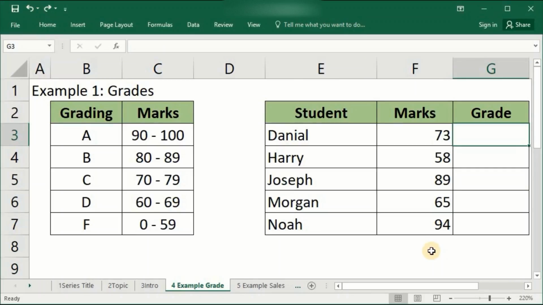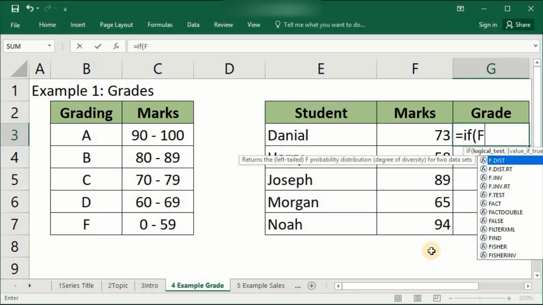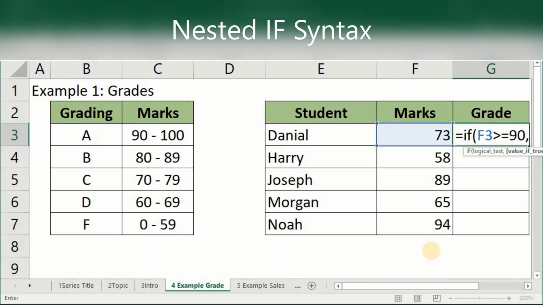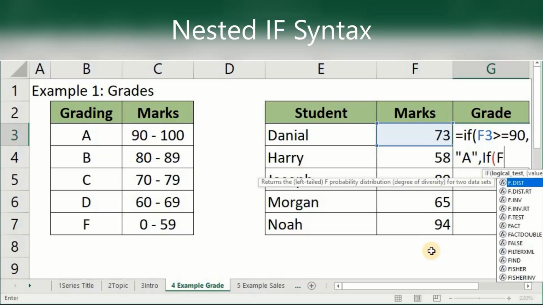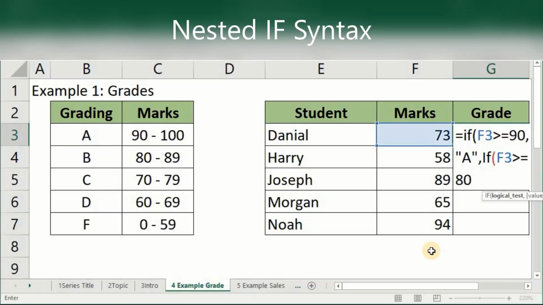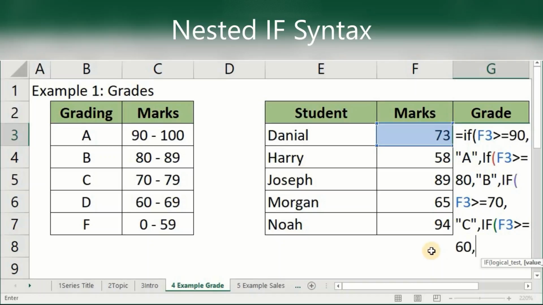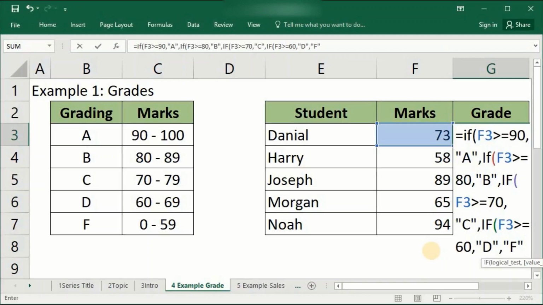For achieving this purpose, we will write nested if formula, which is equal to IF(F3>=90,"A",IF(F3>=80,"B",IF(F3>=70,"C",IF(F3>=60,"D","F")))) with the closing parentheses four times.